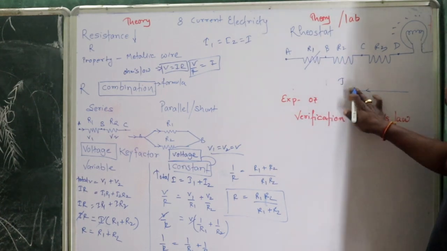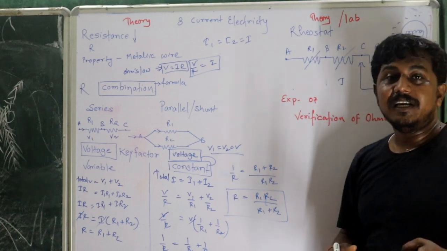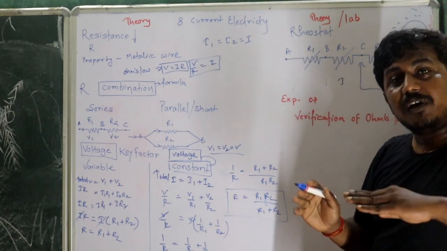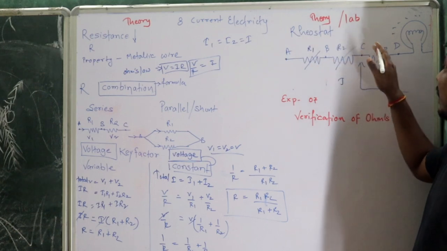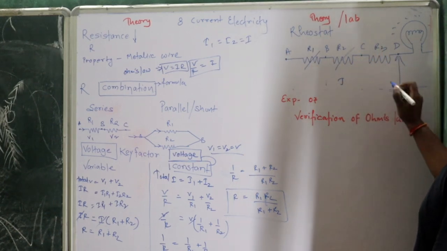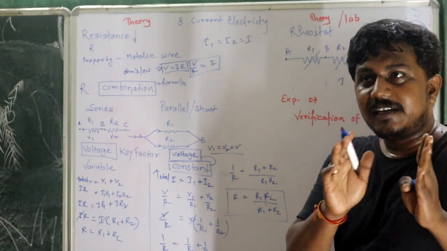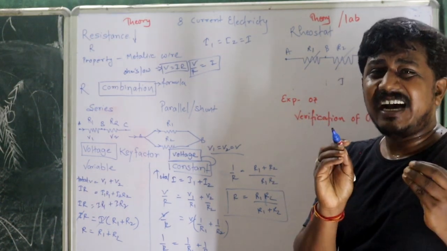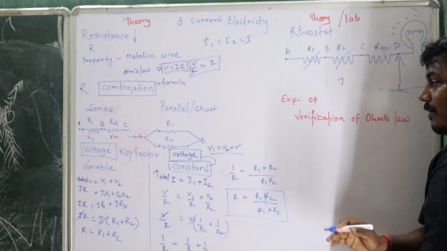In the third manner, what will we do? We'll touch the jockey to the point C. In this way you will find the current is going through R3, and R1 and R2 are already cut out from the circuit. So as compared to the previous condition, the highest current will be given, and in the last condition, we are going to cut all the resistance out from the circuit and the current goes directly to the bulb. In this condition the bulb will glow with the highest luminous intensity. Clear? So that is the working of the rheostat that is given in the practical.